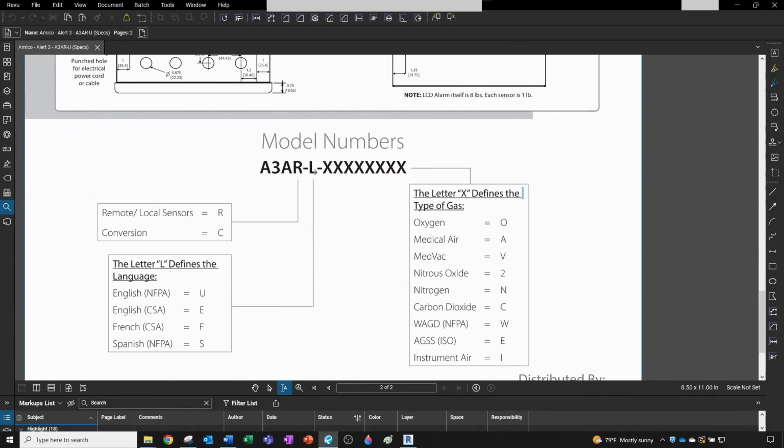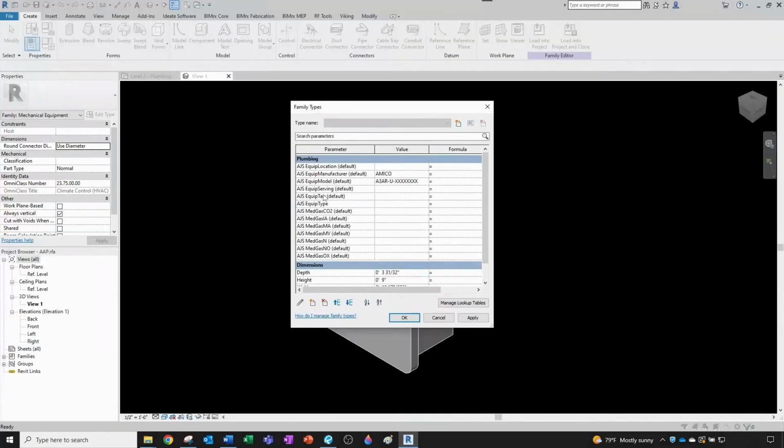One thing that I can change, I typically work here in the United States, so it's going to be English, so it's going to be a U for language. Equipment serving default, we're going to leave it blank. Equipment tag, we're going to have AAP dash X.X. And the equipment type is going to be area alarm panel. And then for the default on any of the medical gas, I'm going to leave them all blank intentionally, so you fill it up